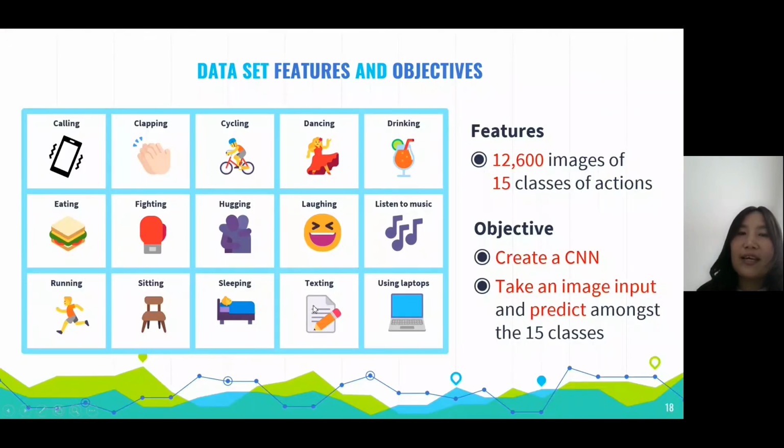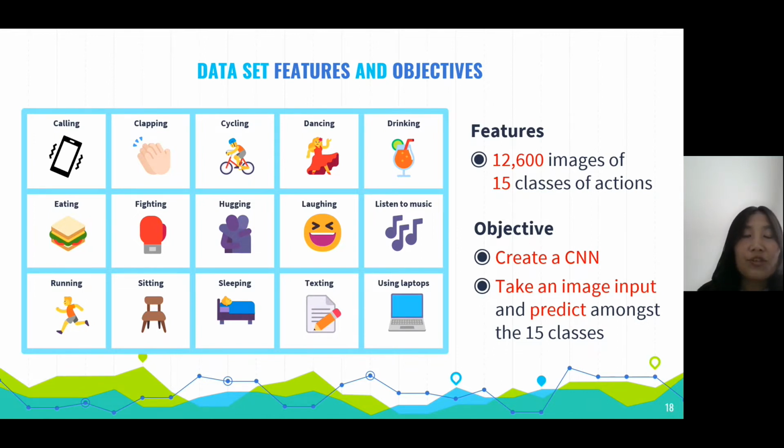I will explain the human activities dataset. As you can see, there are many images. The purpose of this dataset is to identify human behavior by computer. Unfortunately, there are countless tasks that humans can perform, so it's impossible to cover them all. Therefore, among them, 15 types of routine tasks were prepared. As you can see: calling, clapping, cycling, laughing, and so on.